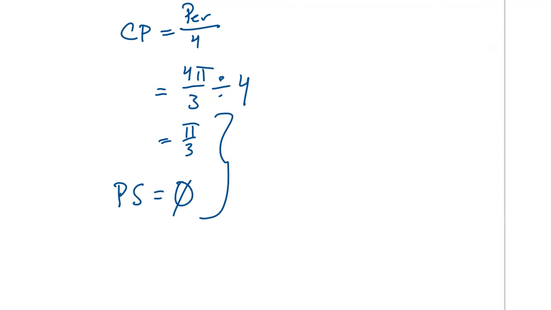Now I have to pick some value that's going to work for both the critical point distance and the phase shift. Why do we have to do that? Well, if my phase shift is 45 and my critical point distance is 30, and I decide to count by 30s, 45 isn't on that scale. 30, 60, 90, 120, there's no 45. Right? So if I had a critical point distance of 30 and a start of 45,